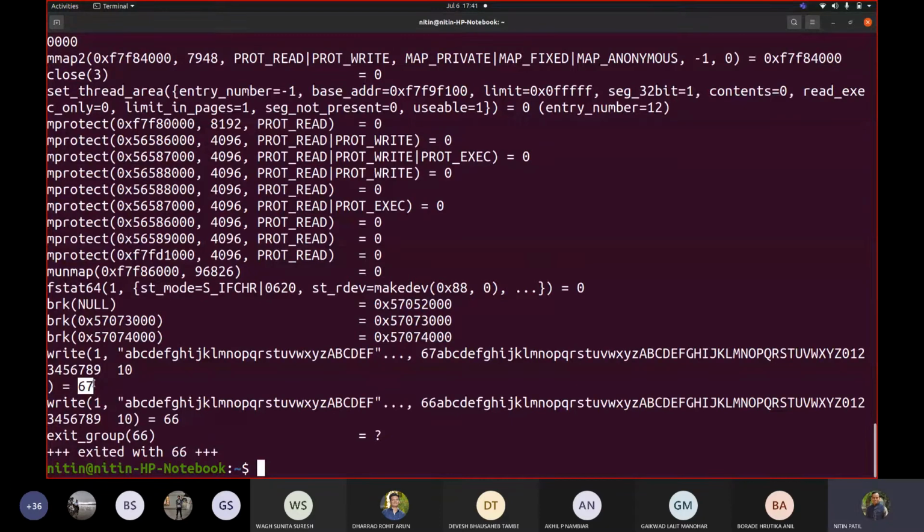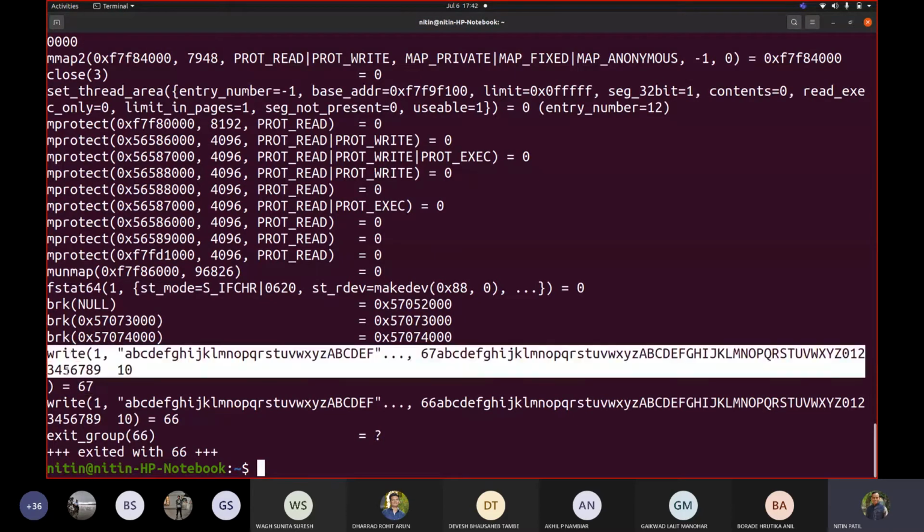Have you tried finding such an answer to such a question? What is the difference between puts and printf when I have to print only, say, my name, Nitin Prakash Rao Patil? I have to display this string. What will it do? How many characters is it going to make use of? Try to find out, because this is really a judgmental question. Maybe you may be asked in interviews too. Why did the compiler developers provide this facility to make use of printf and puts there? Because in turn, anyway, they are going to make use of write.